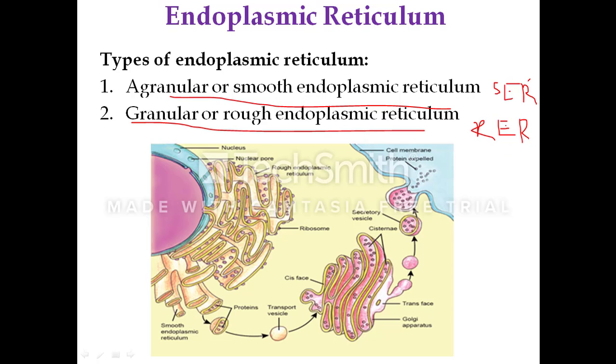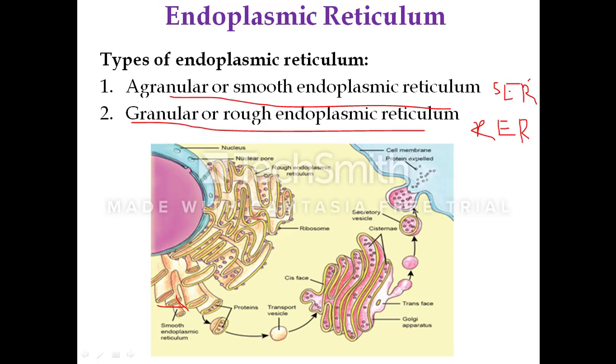First, we'll take up the smooth endoplasmic reticulum. Endoplasmic reticulum which is not studded with the ribosome makes its surface smooth in its appearance. That is called the smooth endoplasmic reticulum. The adipose tissue, the brown fat cells, and the adrenocortical cells, interstitial cells of testes, and cells of corpus luteum of ovaries, sebaceous cells, and the retinal pigment cells contain only smooth endoplasmic reticulum.